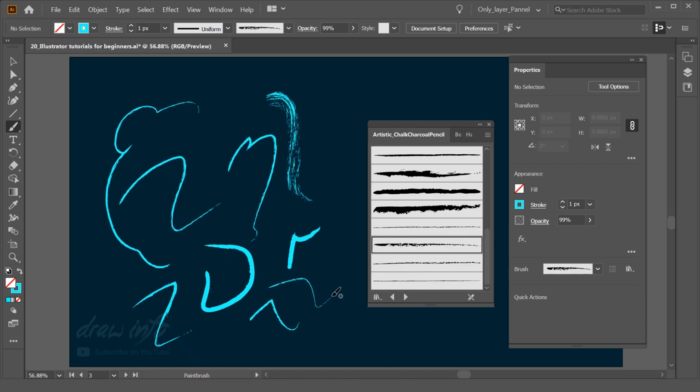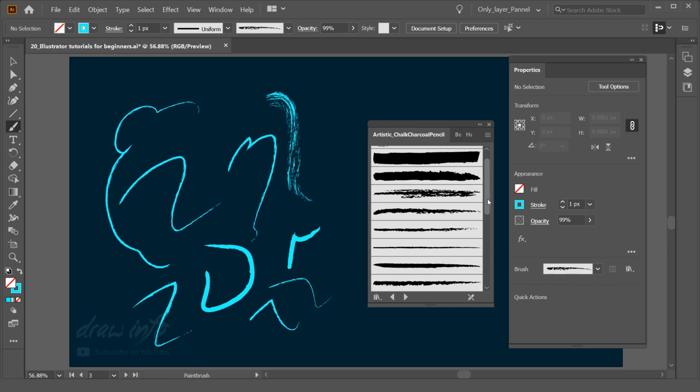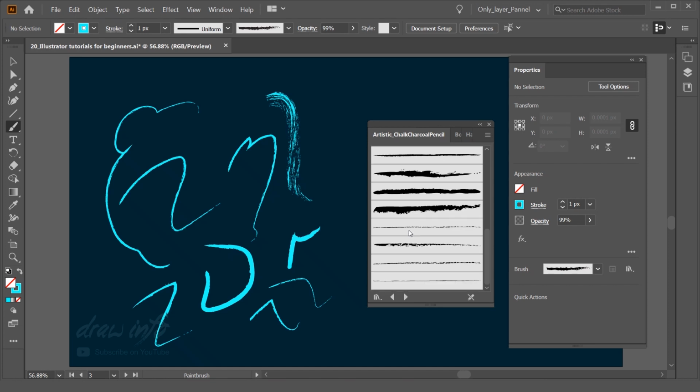This brush tool also works very well with a Wacom tablet, a pen tablet. If you have a pen tablet, through that you can create any kind of illustration and use this brush tool effectively with the pen tablet. Currently a lot of low budget pen tablets are available in the market, so you can purchase one and work on it. Cintiq and high-end tablets are also available. Through that you can create any kind of illustration.